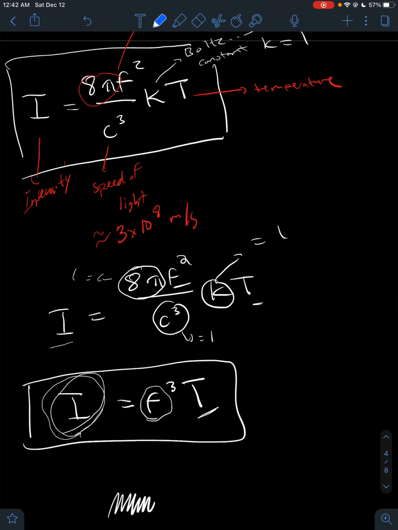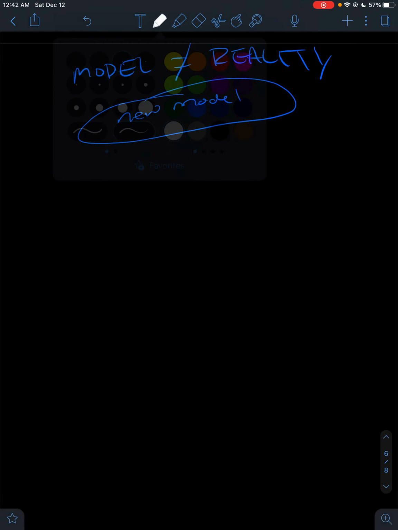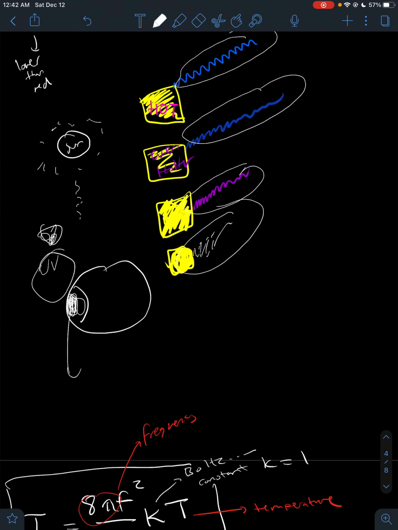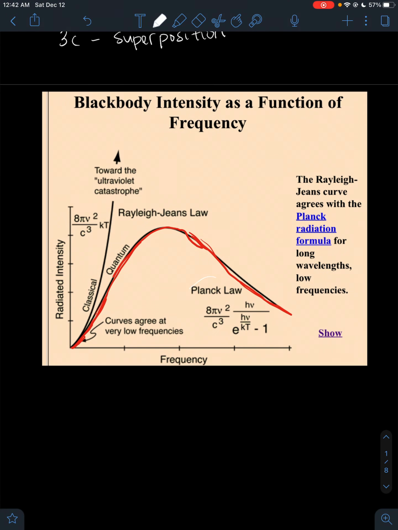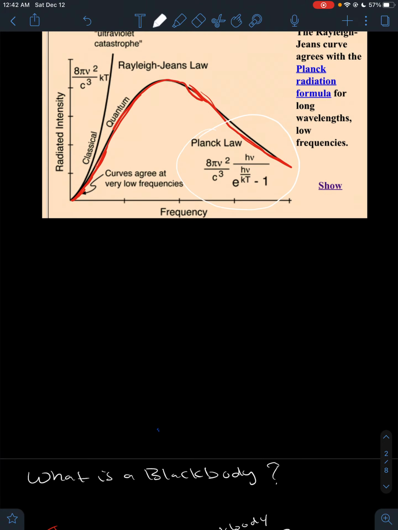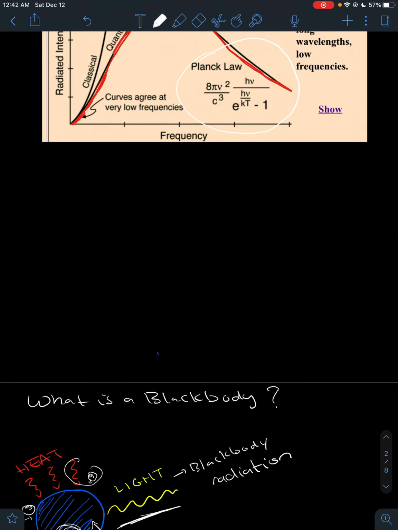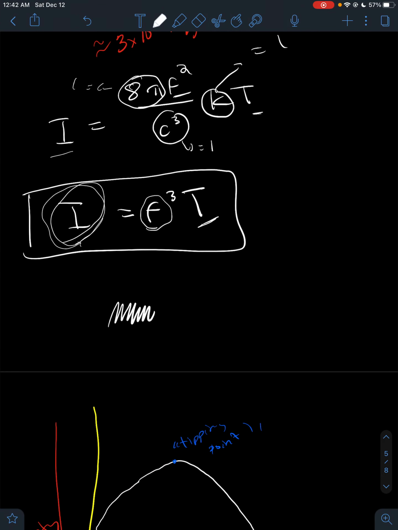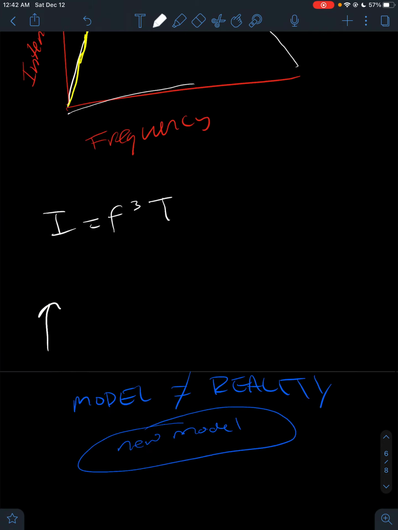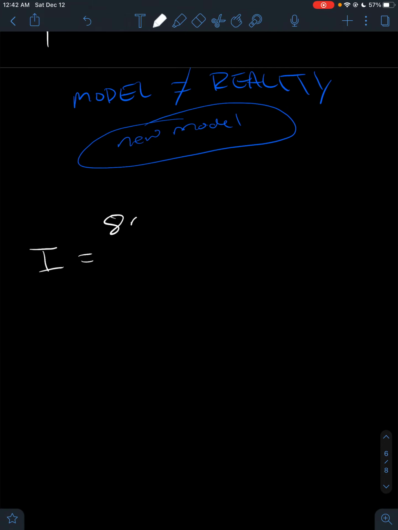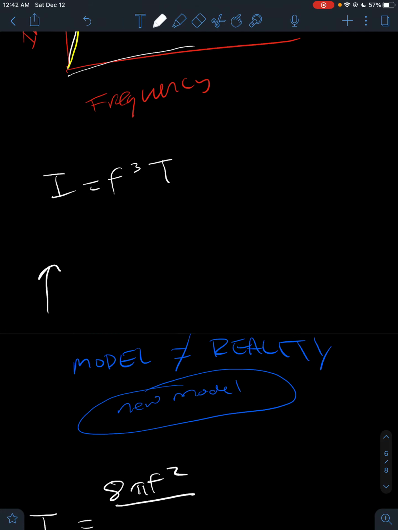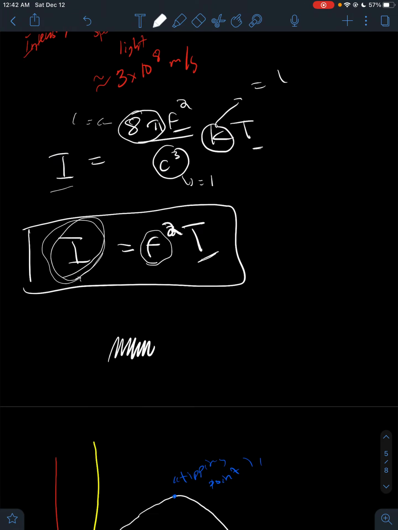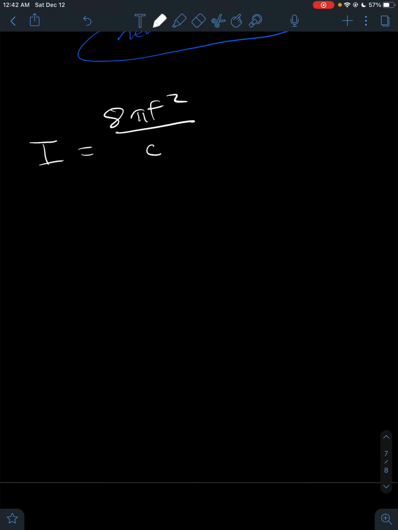And the new model, the new hip, cool model, is this, where I equals 8 pi frequency squared over c cubed, pretty much the same exact thing,